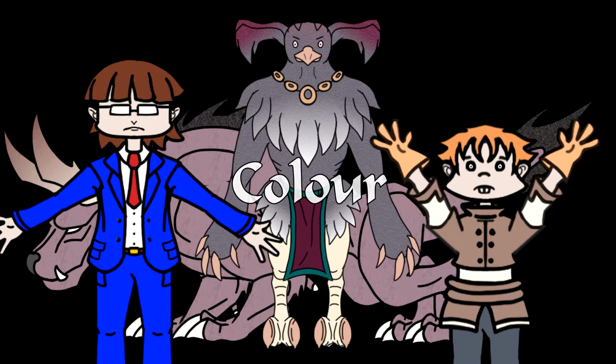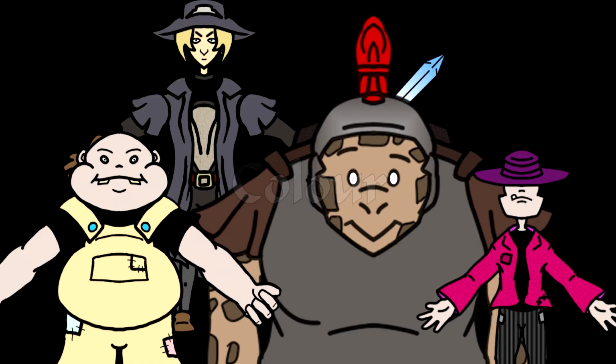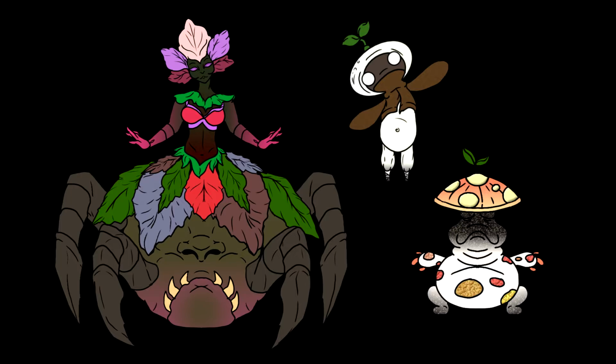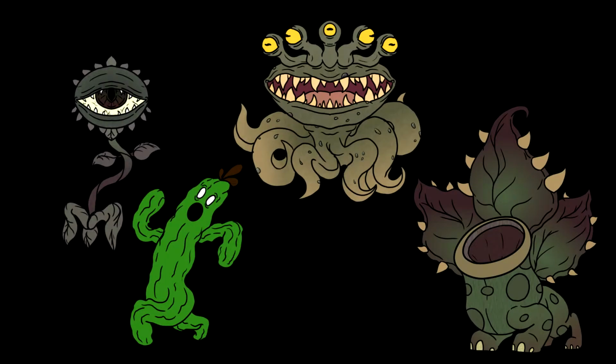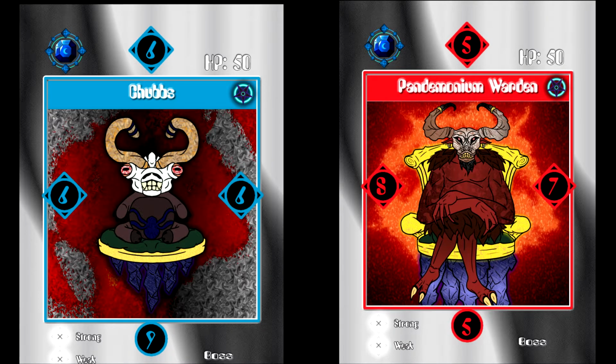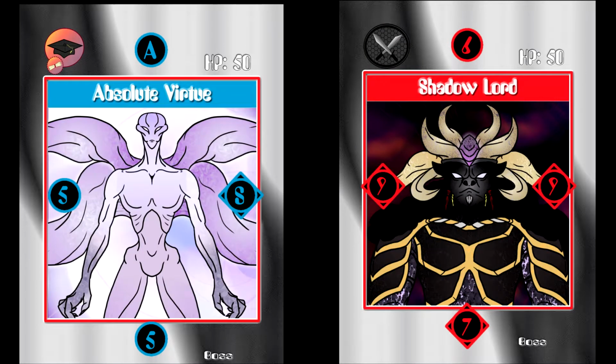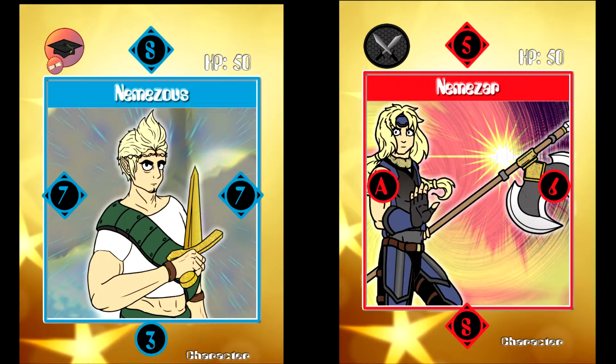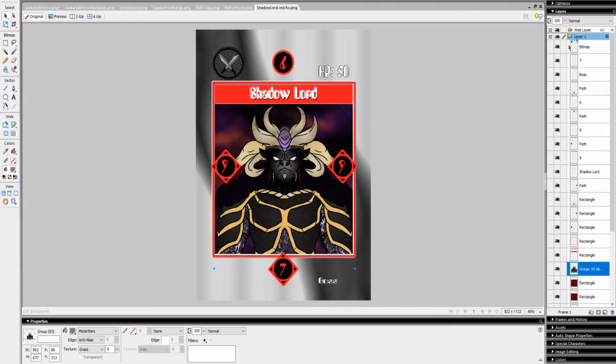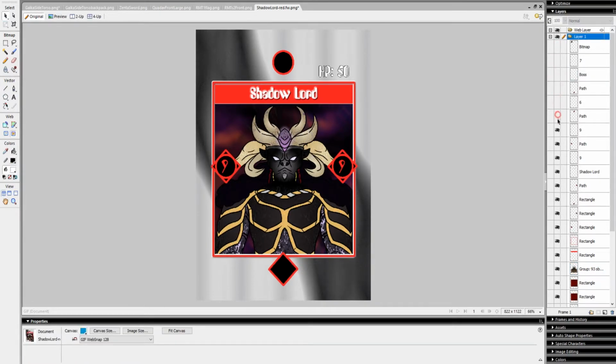I wanted to show how I coloured some of the images. For time purposes, I got involved in colouring a lot of the line art within the animation scenes and the Valiant cards. There are better ways to do this, and perhaps if I had time to learn a new image editing software, it may well have been more prudent to try something else. In this example, we can see the Shadow Lord's card. First, I'll remove all background elements.